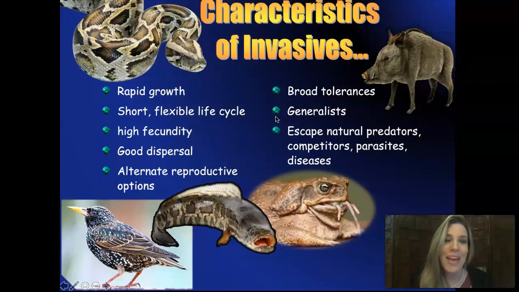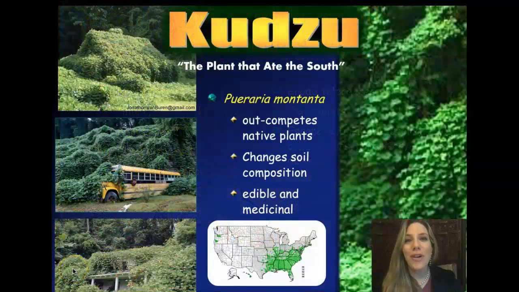And finally, you tend to find that invasives are able to expand their range and outcompete native species because they leave behind their natural enemies, their natural predators, competitors, parasites, and diseases. This is of particular interest to me. I'm very interested in how escaping parasites can allow an invasive species to outcompete native species that are stuck with their own parasites. So we're going to start off our examples of invasive species with one that's well known by a lot of people,